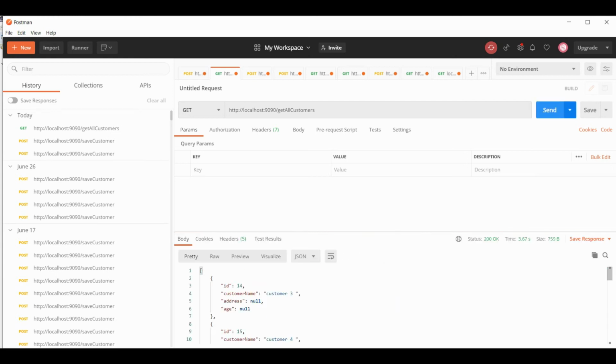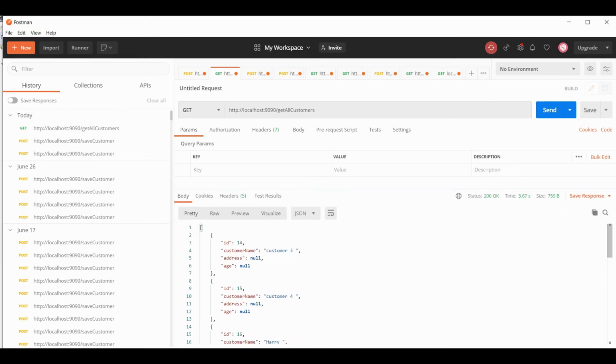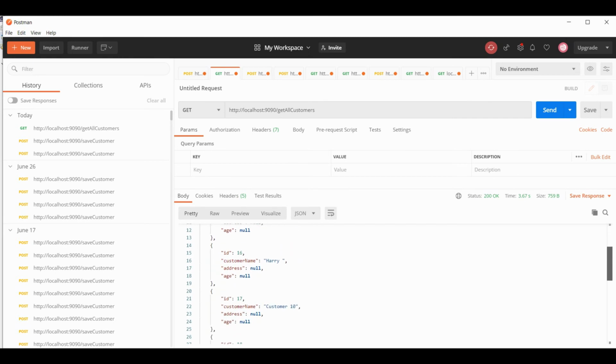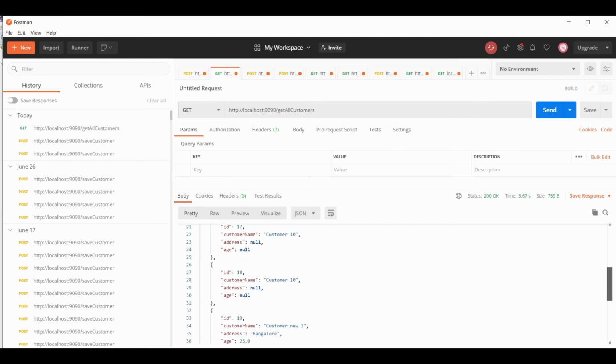It is taking some time. Okay, it's amazing that we have got a response, and you can see whatever data we have inserted till now into the database, all data are coming. So we have successfully done the read operation.